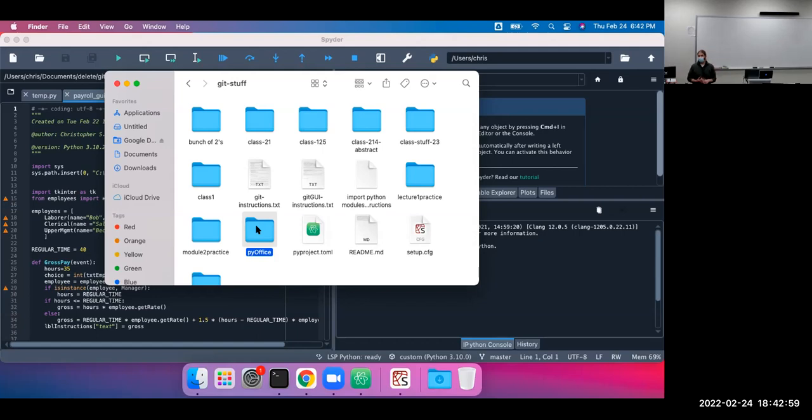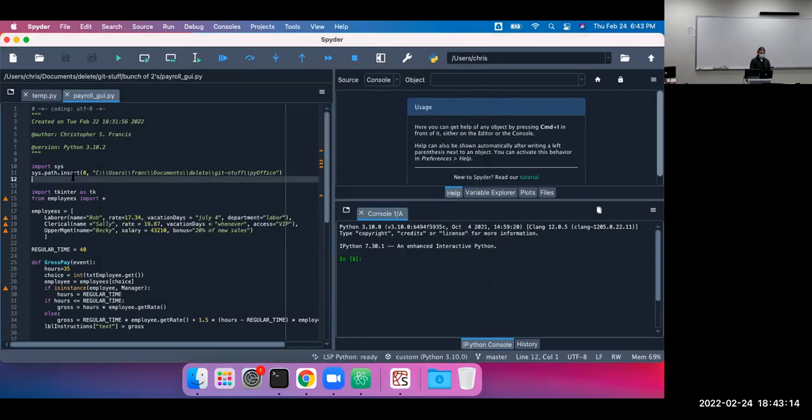The relative address between those files, our file and the ones we need, is the same. Up one level, over to the PyOffice folder and into it. So instead of absolute addressing, since one of the most powerful things about Python is the cross-platform issue, we want to use relative addressing here.